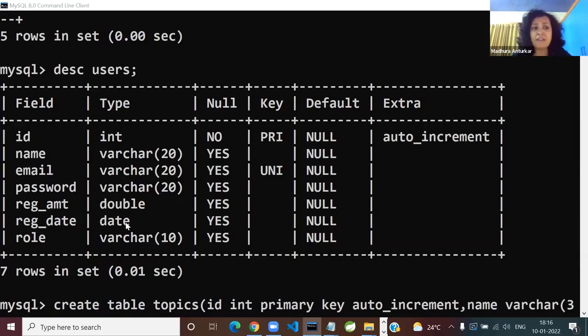So is there any requirement to loop it, or just if will suffice? If will suffice. So, think on that line. If you say while, of course you are going to get the same output, unnecessary. So you can say if RST dot next, that means there is a record which has email and password.